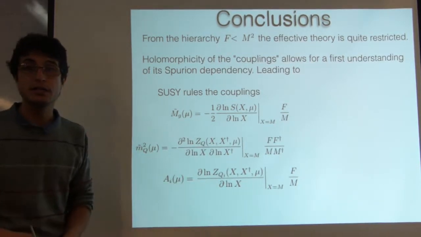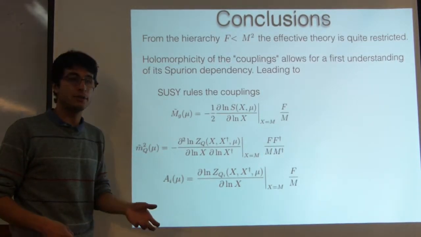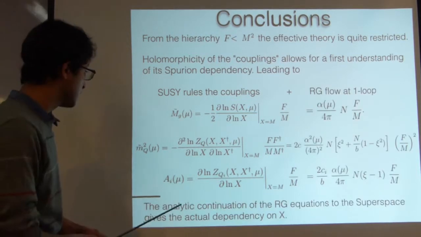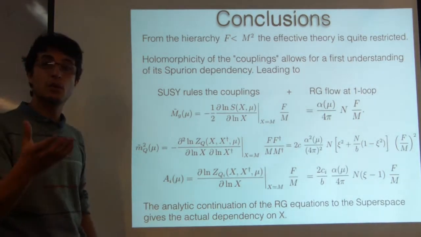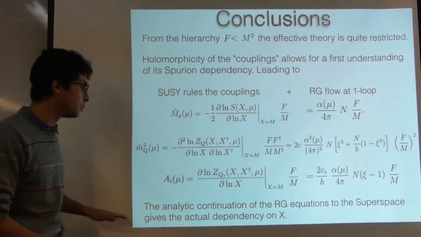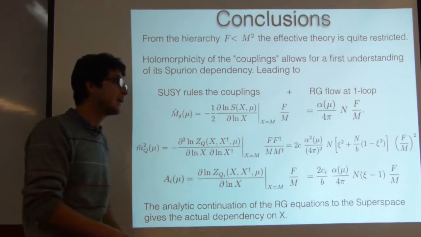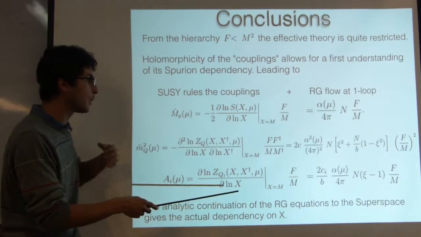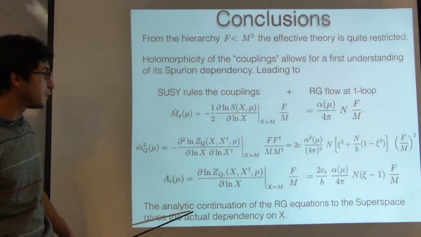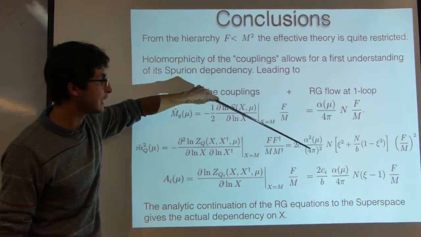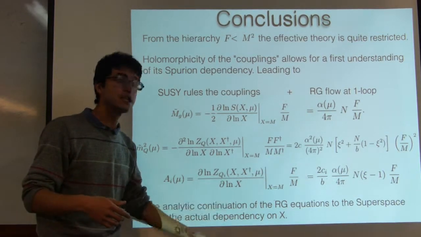And what we do here is just use the relation of these guys with the actual couplings of the theory, and use the RG equations. These RG equations relate the mass scales with the couplings, and now by analytic continuation these scales are treated as superfields, so that where the mass scale appears, now X appears. And this is what we do at the loop level, and we get the actual expressions that people already computed before in this paper for gauge